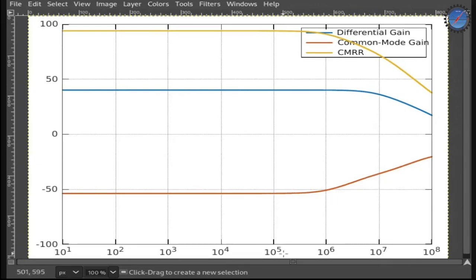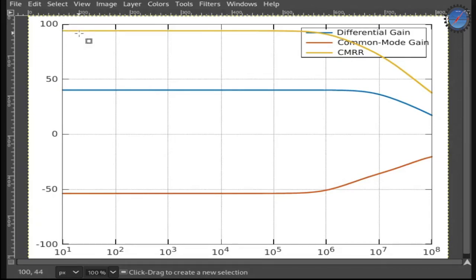The CMRR, common mode rejection ratio, shown in orange here, is nothing but the differential gain divided by the common mode gain, but on a dB scale. On a dB scale, the division turns into subtraction. So you just do the blue curve minus the red curve, and you get this orange curve, which represents the CMRR.